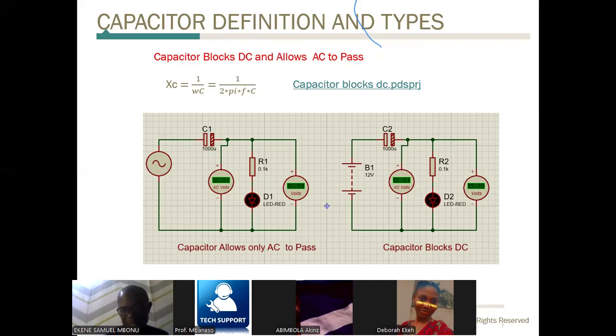It simply means that at a very high frequency, the reactive impedance becomes zero. So it's as good as the capacitor is no longer there. It becomes a shunt, diminishing to zero. At a very low frequency, the impedance will be very high. Now, when the frequency is zero,